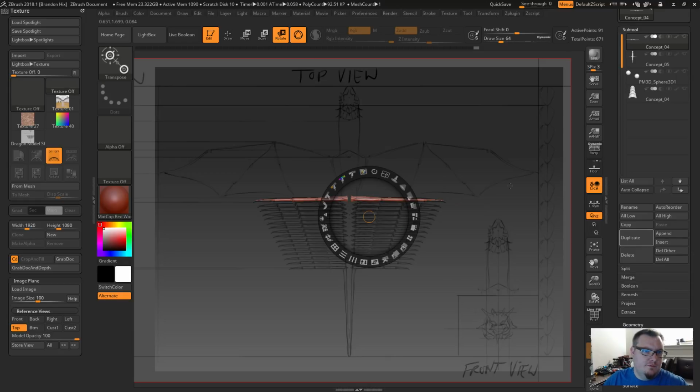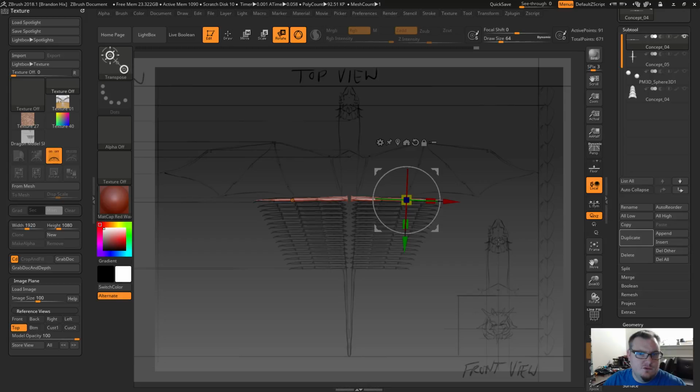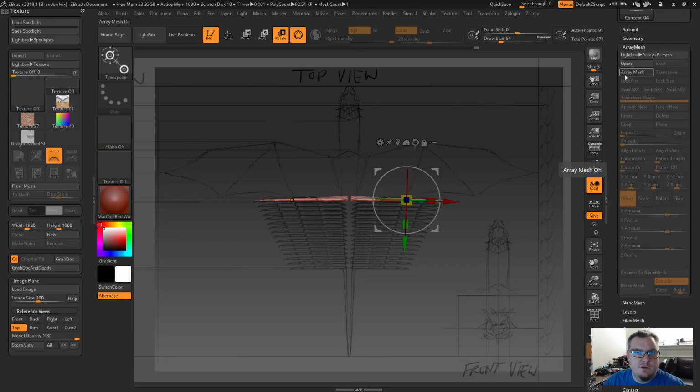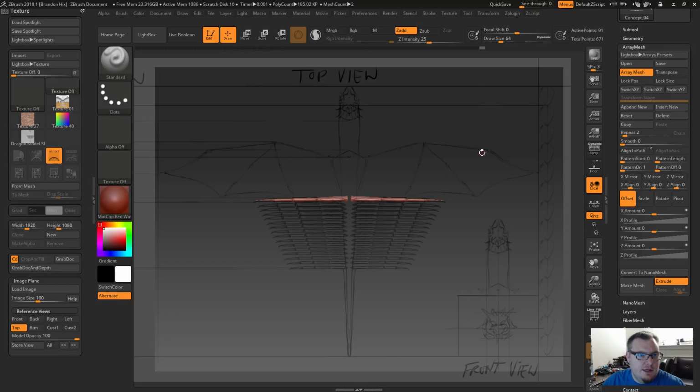Okay, now we're going to go on our positioning here. So we've got our subtool. We're going to use array mesh. Switch over to array mesh here, turn that on. And I want to duplicate these quickly all the way down to the bottom version here. So we're going to play a little bit with how we can do that. We've already got a repeat of 2 on here. The offset, we're going to play with the Y amount. And we drag this down,